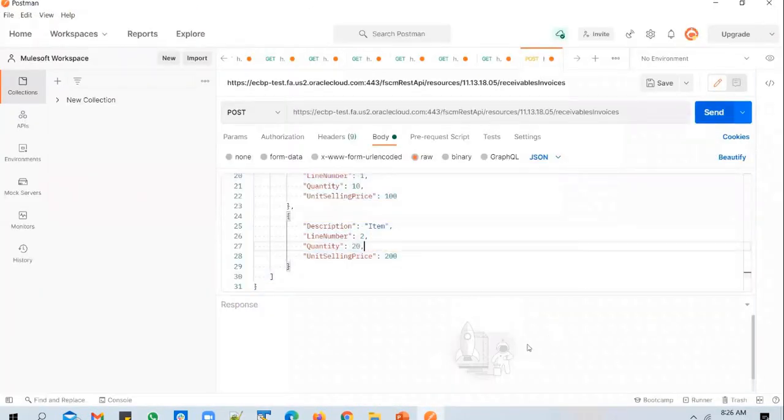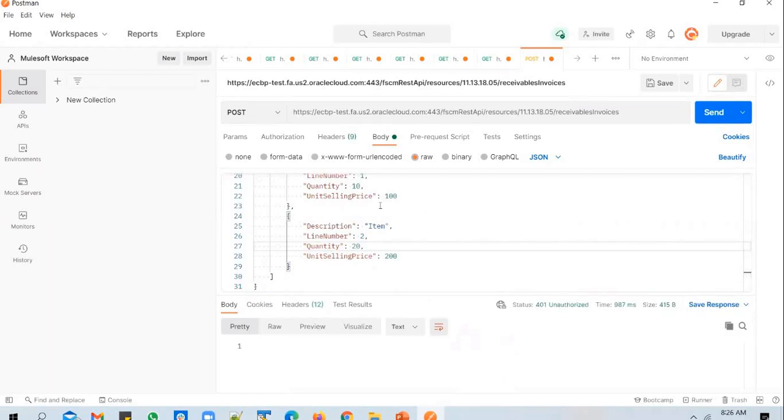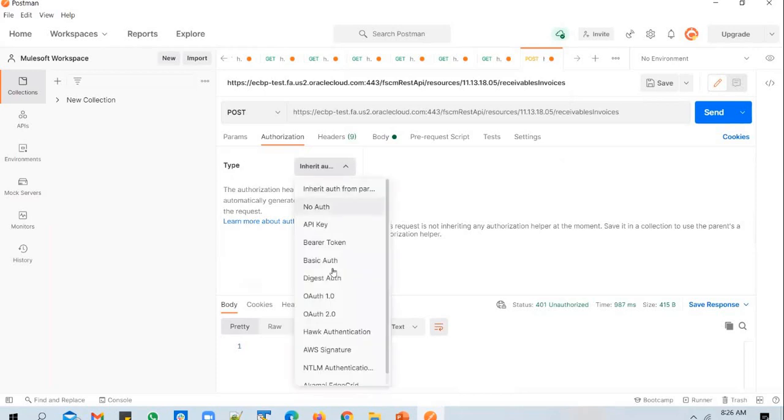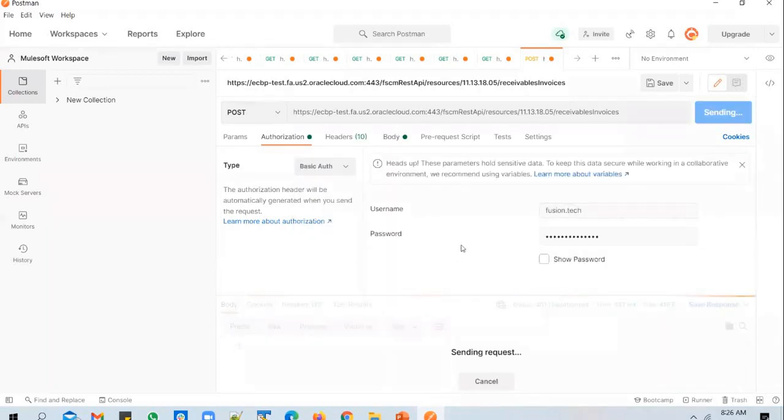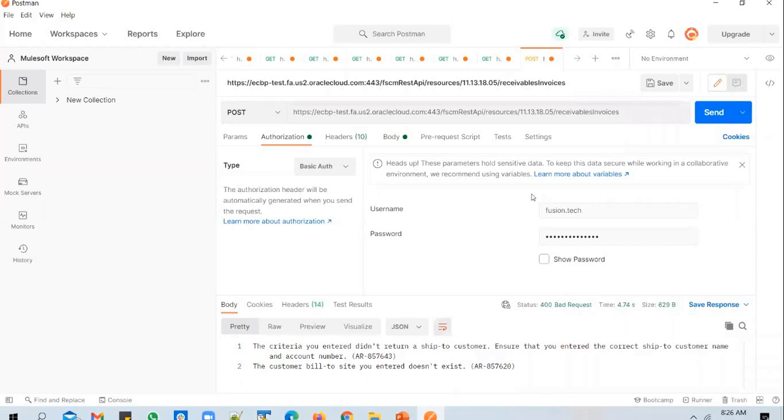And you can kick off the request. And you get the same unauthorized error. To fix that, you go to the authorization tab, select basic authorization, and send the request now. And this API will create an invoice, and it will